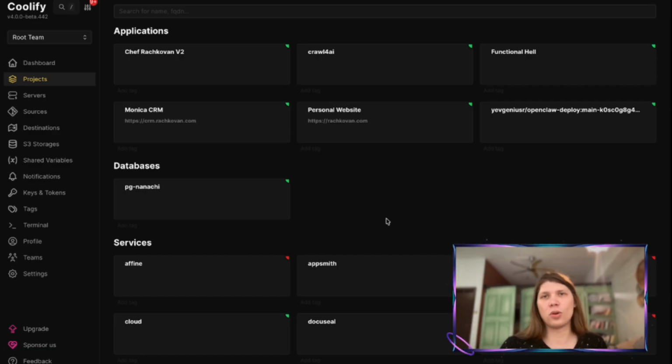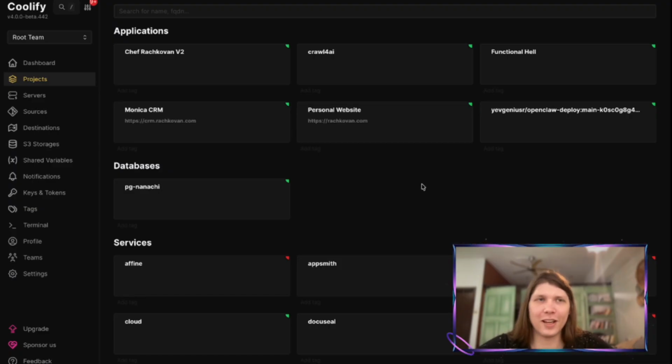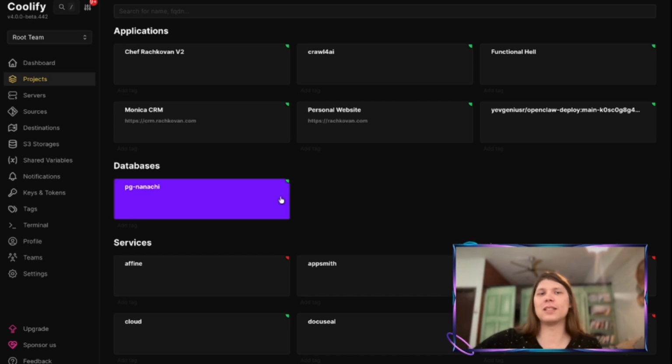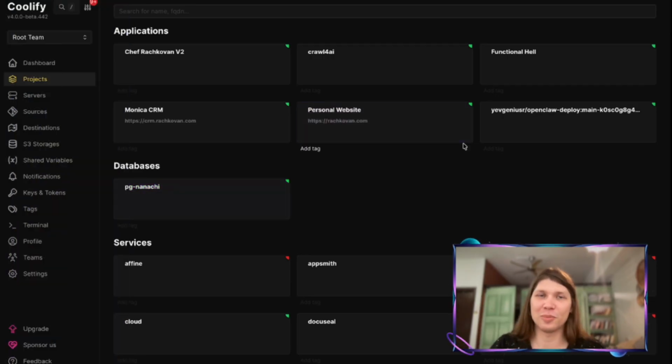It's like Google Drive, I can save things there. I use it for all of the different projects I have. If I have some small pet projects, I don't create a separate database instance for them. I just create a virtual database inside of my single PG Nanochi database. What it also does, but that's just the advantages of Postgres. I'm just telling you, having your own Postgres is the most useful thing you could have on a server,